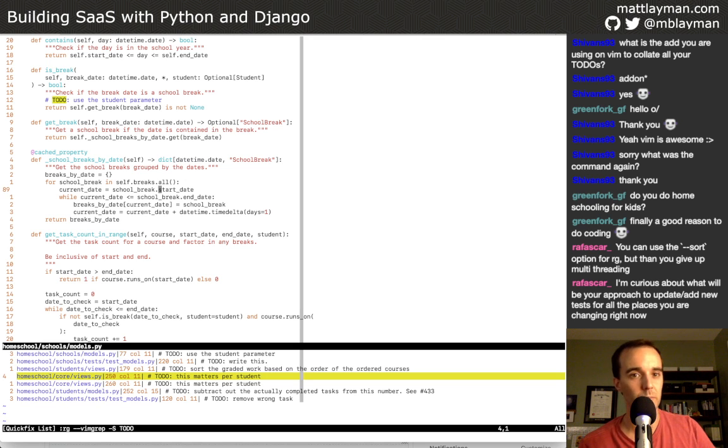So I guess there's actually multiple approaches that we could take. One approach could be say, get me all of the school breaks for the entire school year, and then from that I can parse it out and segment like which are particular to my son, which are particular to my daughter, and generalize this to just students in general. But I'm trying to give you something concrete to grab onto, and then have those lists, and then we can use that student attribute that will be passed in, the student argument that is passed in, and then do the segmentation properly. So that's probably where the core of this logical change has to be.